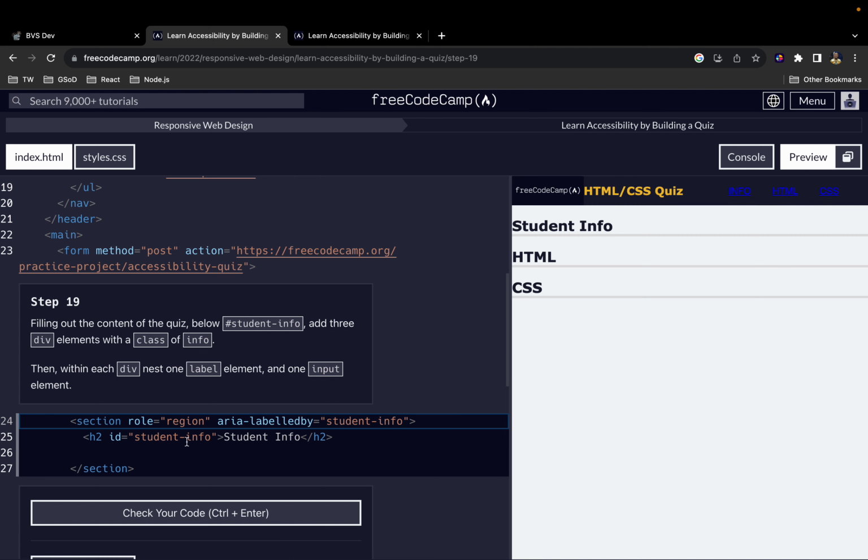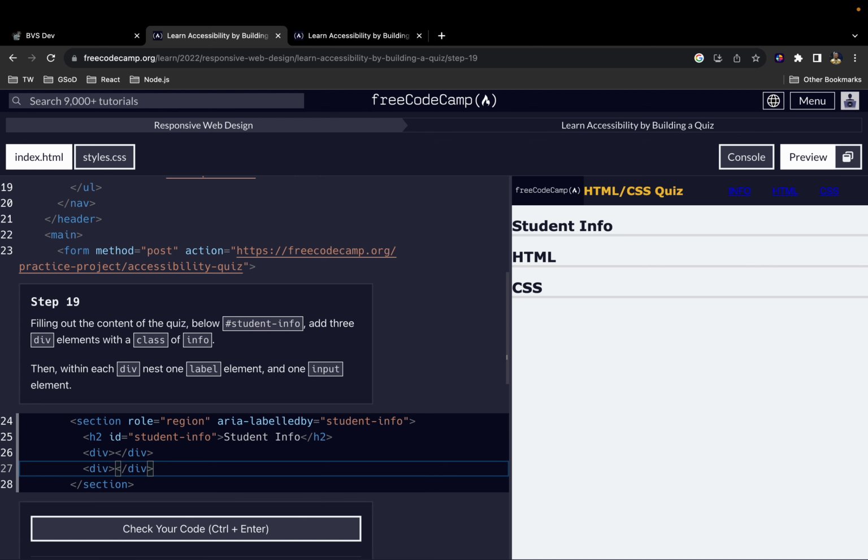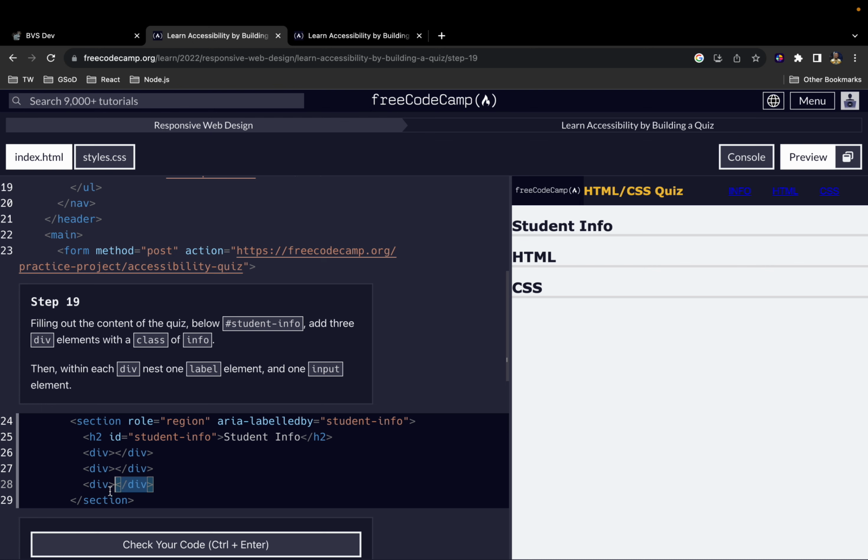All right, so next up, filling out the contents of the quiz. Below student info, add 3 div elements. Okay, so we add 3 div elements. Again, hold Option and Shift and then press down, or hold Alt and Shift and then press down. This will duplicate the line, whatever is on the line. Okay, so we have 3 div elements and want to give each one a class of info. So a class with a value of info, I'll just copy this